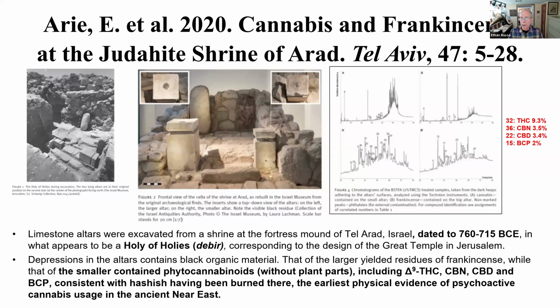This included some delta 9 THC, CBN, cannabinol, which is a non-enzymatic oxidative breakdown product of THC, quite resistant to heat and aging. And there was also some CBD and beta caryophyllene. Their feeling was that this represented hashish that would have been burned on top of the altar, and there were no plant parts per